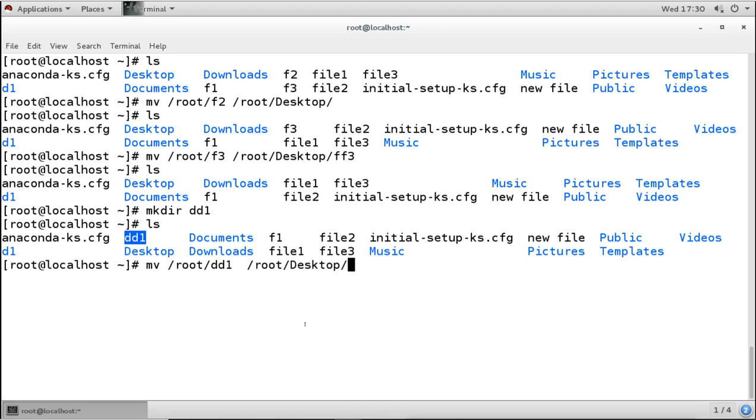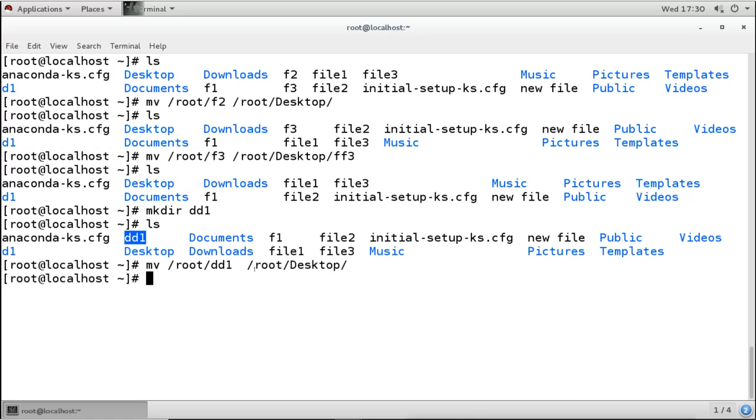Now remember what happens when we try to copy a directory. Files were copying easily, just like we are moving the files, it is okay. But when we try to copy the directory, it was giving an error. It was saying that you are omitting the directory, and that you have to copy the directory by using the recursive option. Now I want to move the directory. What happens if I press enter here? Will it give an error or will it move? Let's see.